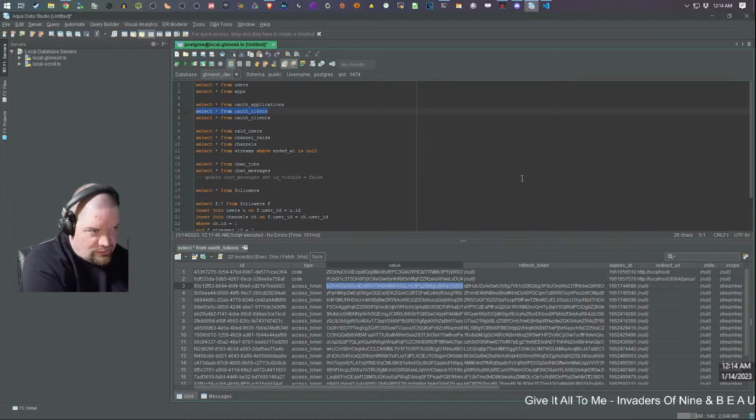Because the refresh token just gives you another token back. And so that token expires in a day. The refresh token is good for 30 days, and then you have to go through a different call structure, I think, to get another refresh token, to then get the regular access token.